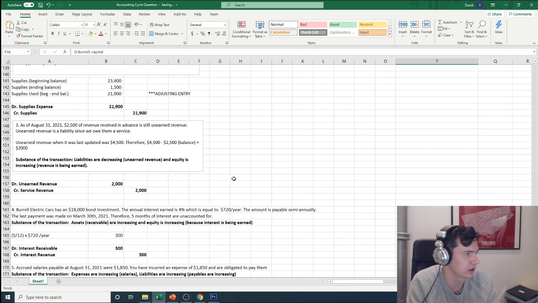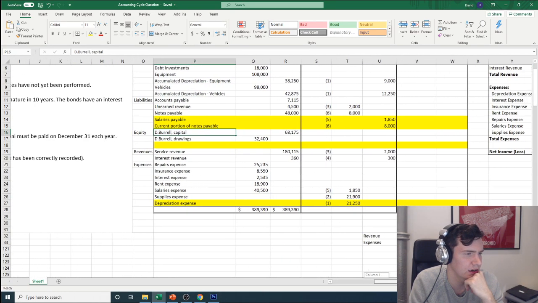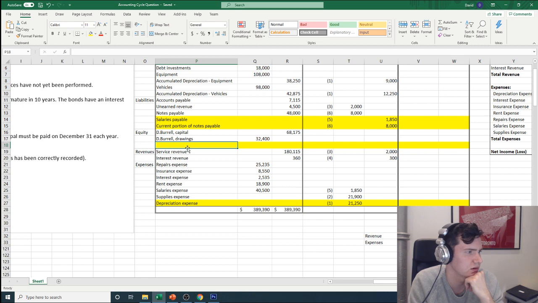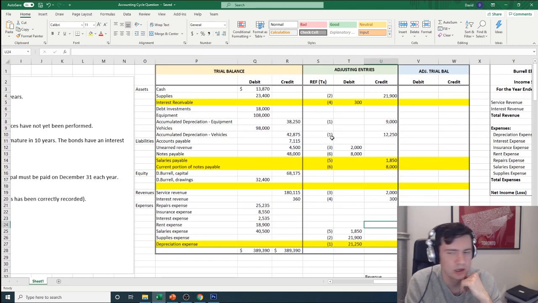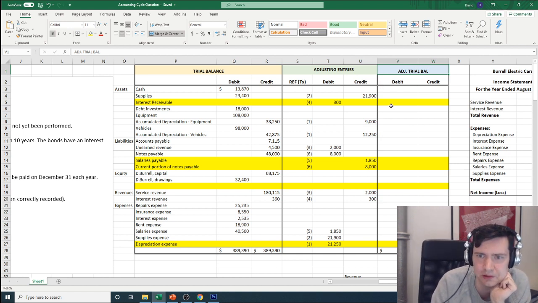Let me just quickly look through everything to make sure we're good. I'm not sure why I have one extra little highlighted area here. Maybe it's because when I was going through this, I made an interest revenue account separately. Depreciation expense. Okay, so yeah, we've essentially transferred over all the adjusting entries. And now, how are we going to figure out our adjusted trial balance? How are we going to prepare this? What do you guys think?